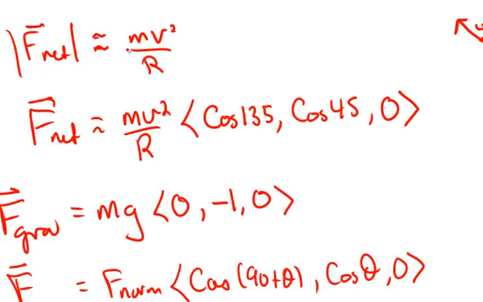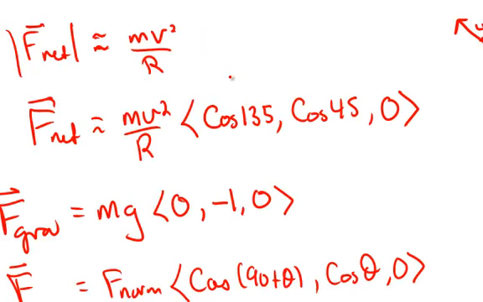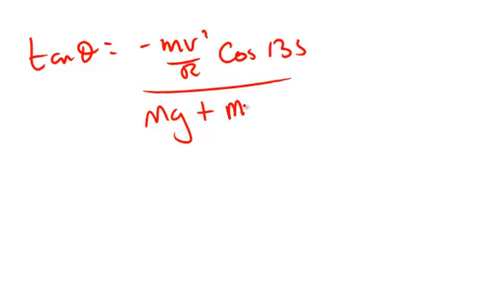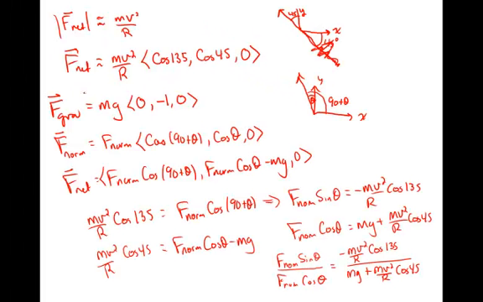Tangent of theta is equal to negative mv squared over r cos 135 divided by mg plus mv squared over r cos 45. All right. The second thing to solve for then is the normal force magnitude, and I can get